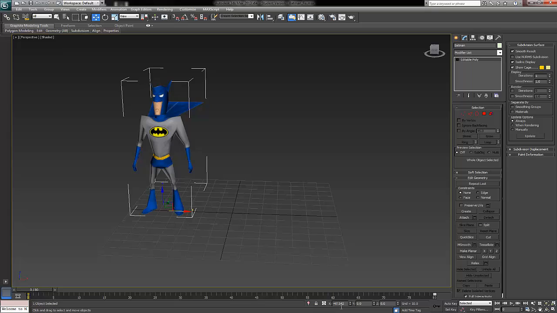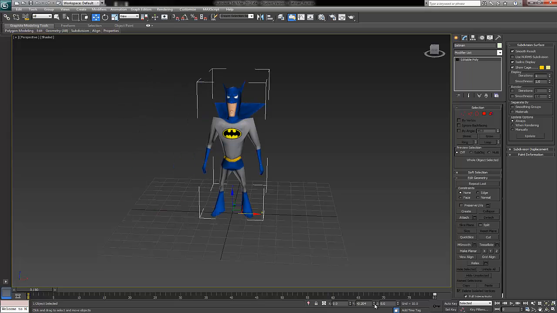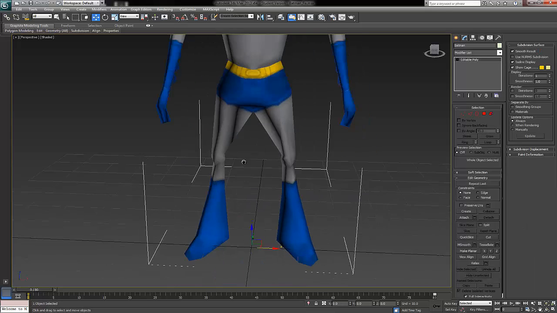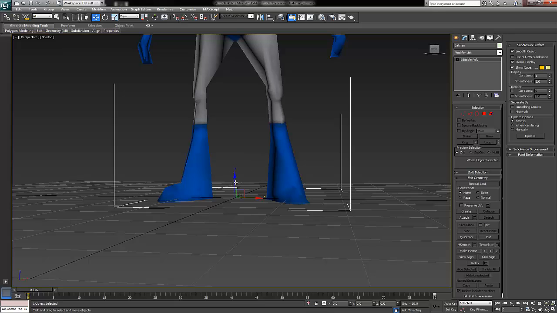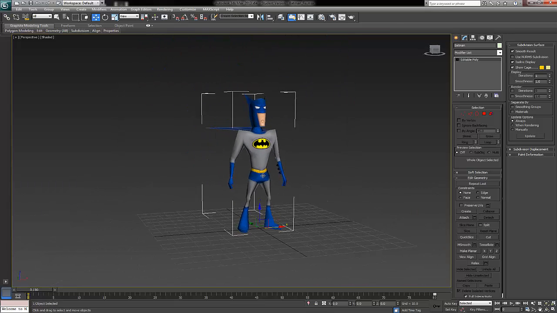We also need to make sure our character is at 0, 0 and 0 on each axis. So our pivot point needs to be at the bottom, at the base of the feet, to make sure it's right at the bottom of the grid inside 3D Studio Max. So once you've done that preparation,